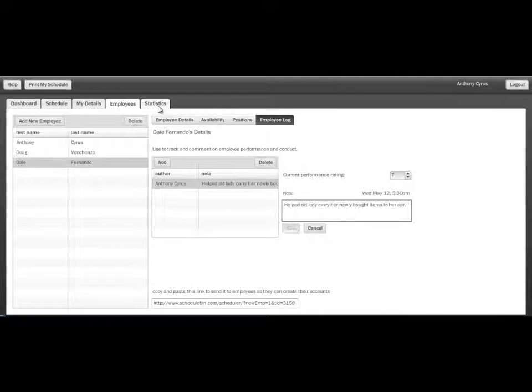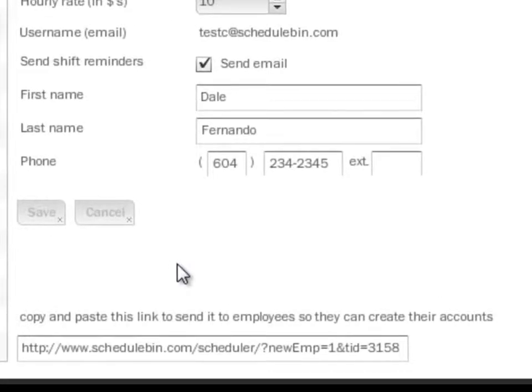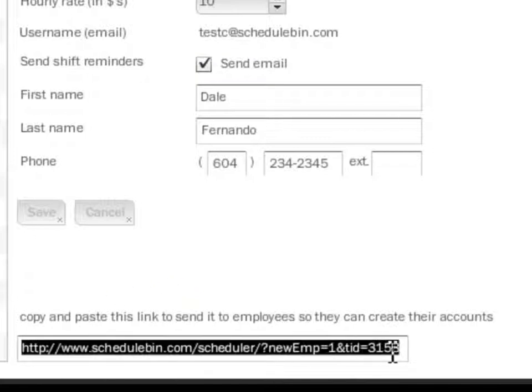There is one more feature that we wanted to show you before we finish this walkthrough. If you think that entering all this information for each employee is a little bit of a hassle, there is an easier way. At the bottom of the Employees view is a link. You can copy and paste it and send it to each of your employees that you want to add to your Schedule Bin team. The link allows for each employee to create their own account, enter their own contact information, and set their own